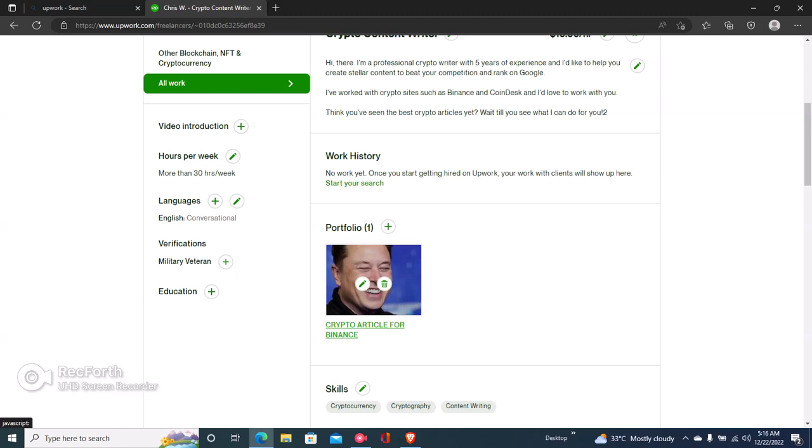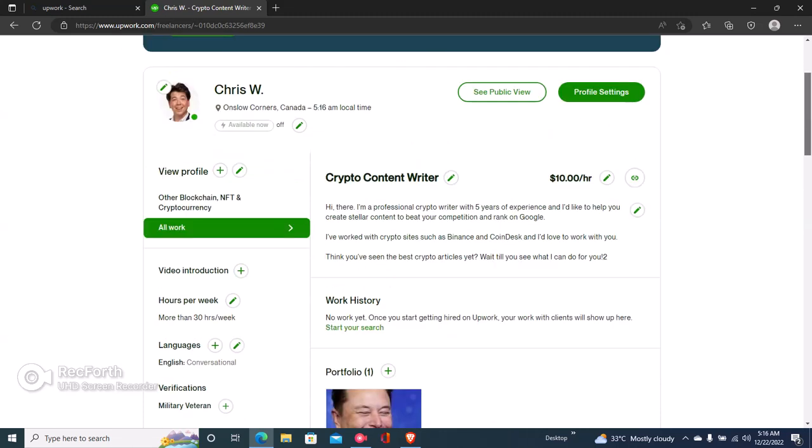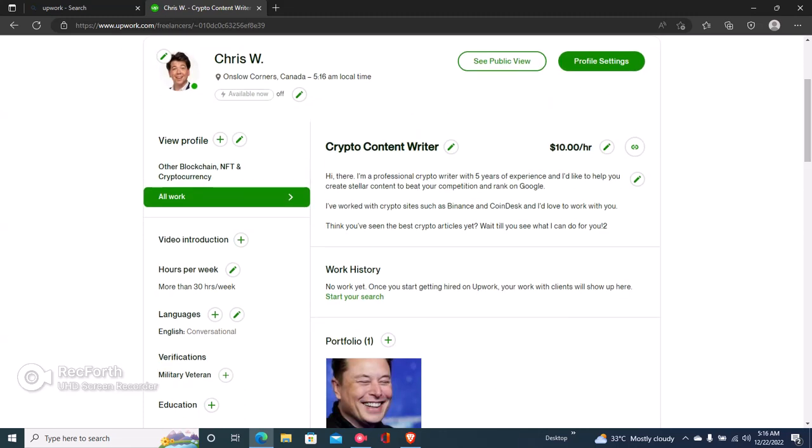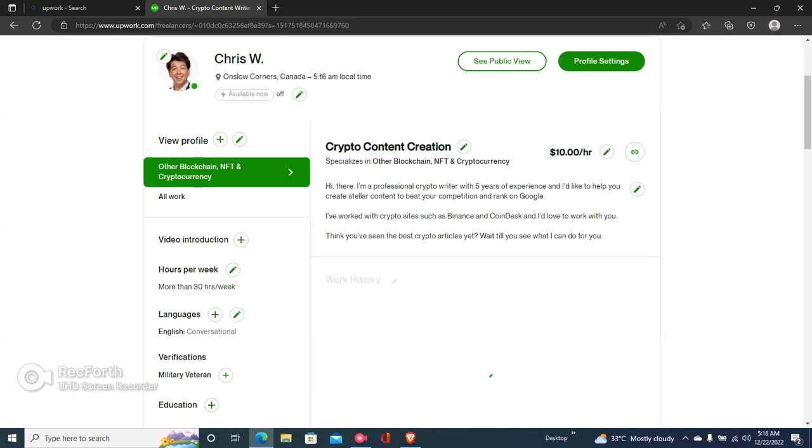As you can see right here, we have our portfolio crypto article for Binance. Okay, so you can add more by clicking here and then choosing a separate template. Now you need to add your portfolio project. You need to make sure that your portfolio project is added to your